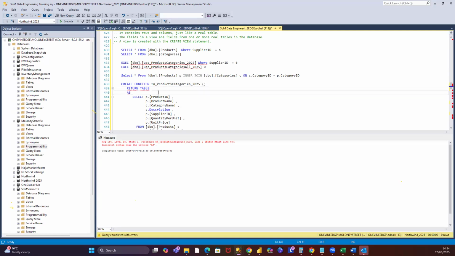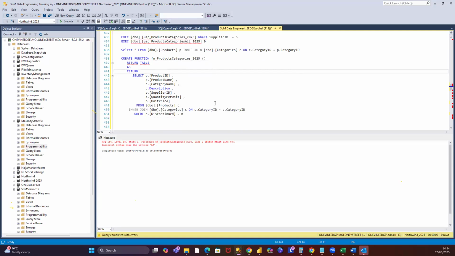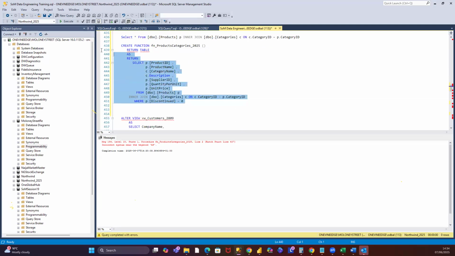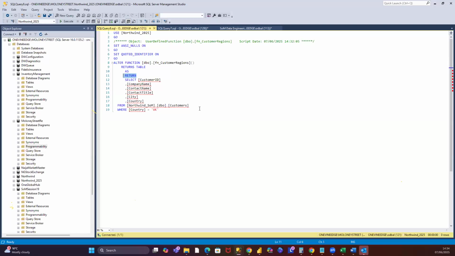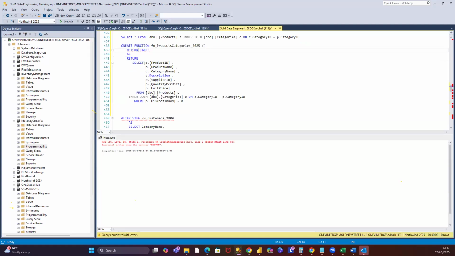Okay, and then you tell it to return. Then I can execute that if I have a function. Still no. What did I not do right? Oh, returns. Okay, so you can see sometimes